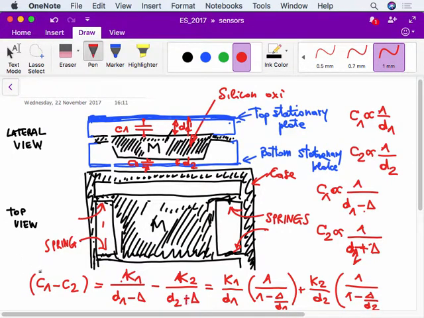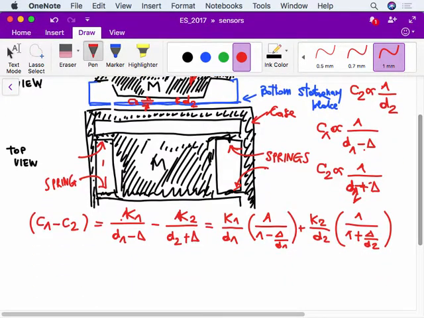This is plus and this is plus. And here, if we do in such a way that K1 over d1 is equal to K2 over d2,